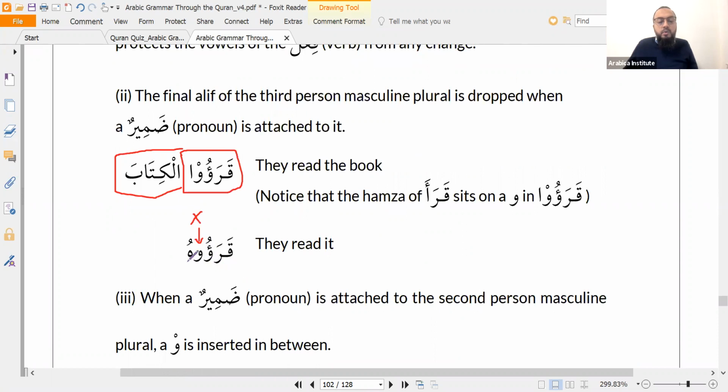You wouldn't say qara'uhu ar-rijalu. So if I want to say the men read it, and I said qara'uhu ar-rijalu, this would be wrong. Having said that, there was apparently one tribe in classical Arabia who did do that, and their language is popularly known as lughatu akaluhum al-baraghith. Akaluhum al-baraghith. The fleas ate them.